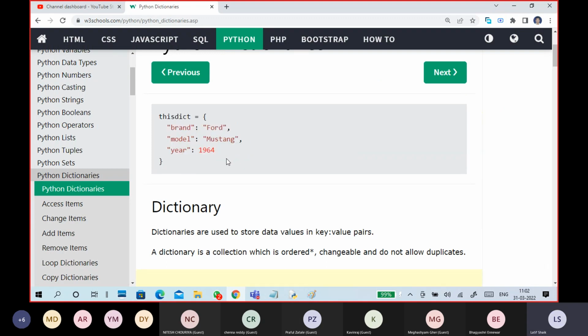Why I'm telling it is, when you write certain programming in future, if you become a developer or cloud related or DevOps related, whatever it is, you will see YAML, dot YML type of things, like XML.